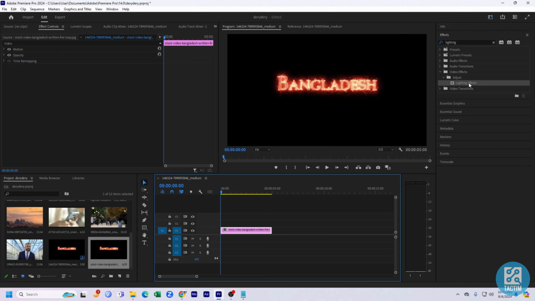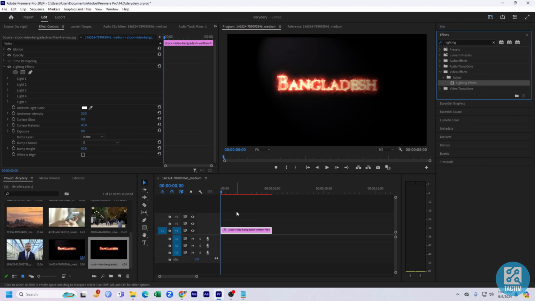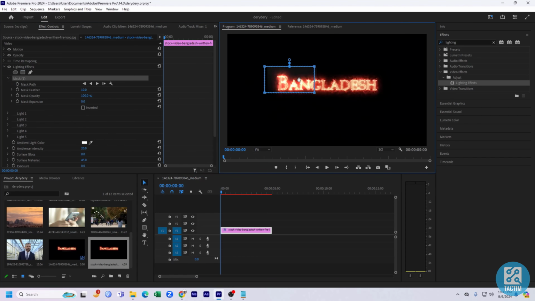Just drop it in the clip, and after dropping it in the clip, here you can see the clip is more shiny, but we won't do that. We can just change the intensity. So let's just click on this rectangle shape, point polygon mask. Let's just make it like this, only for the letters,